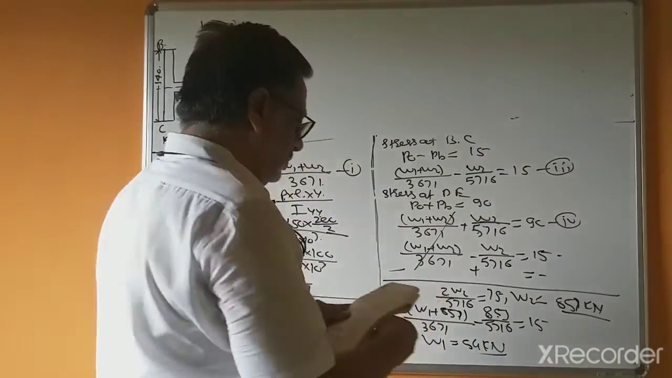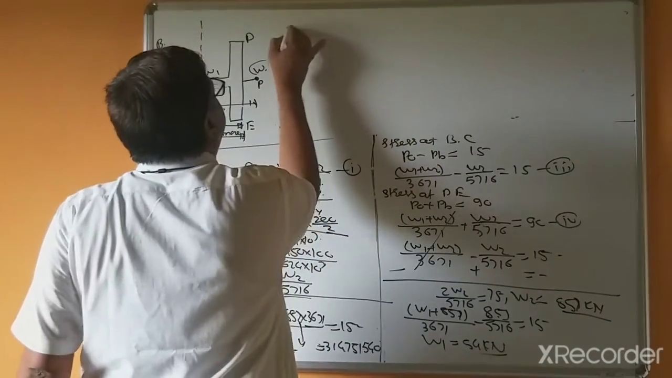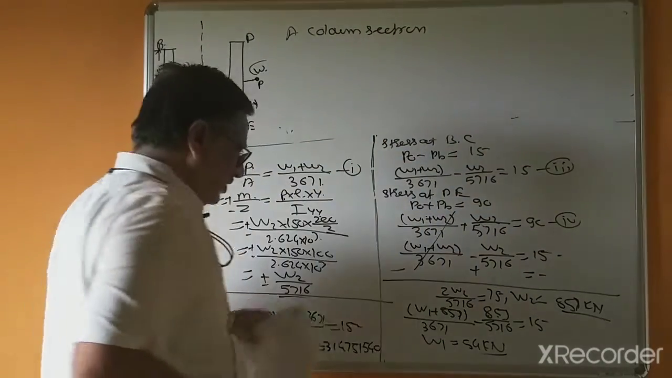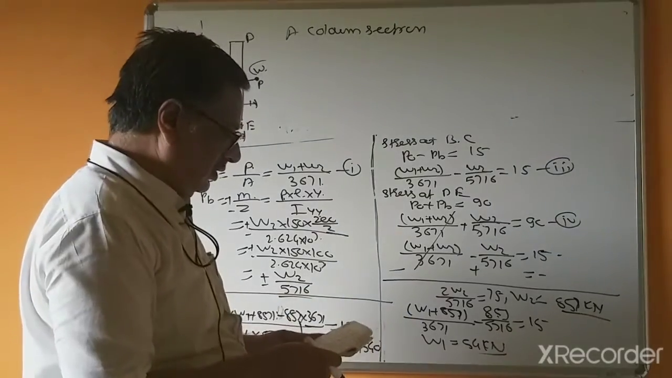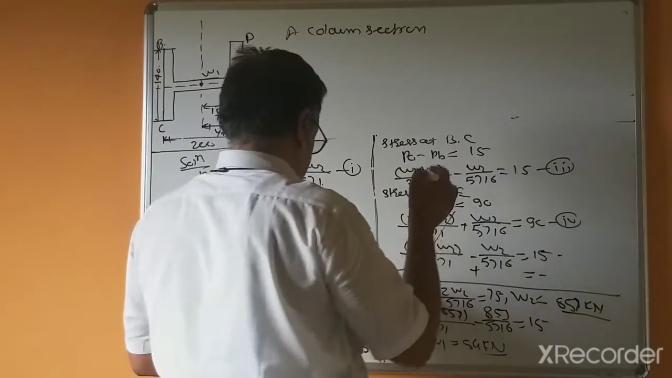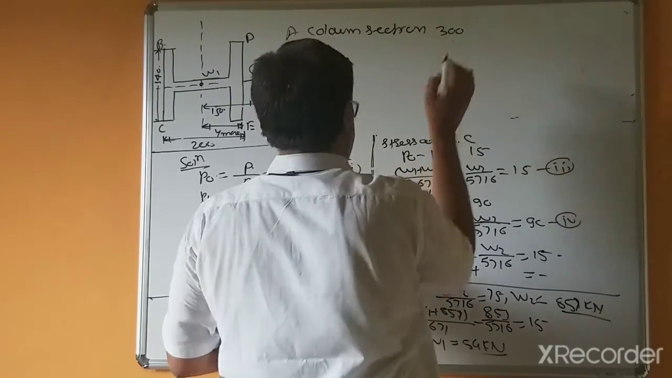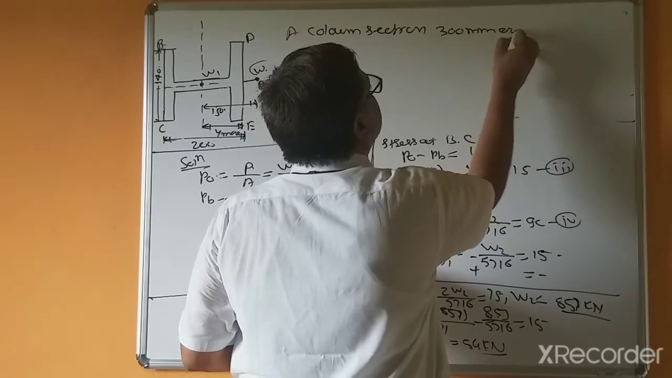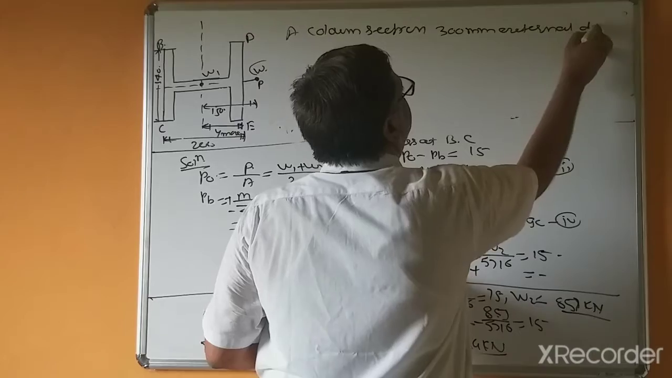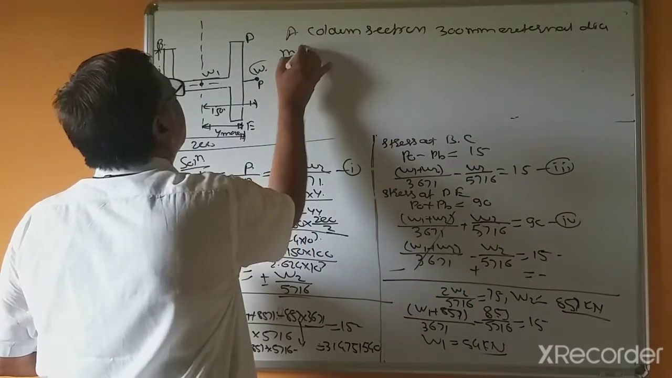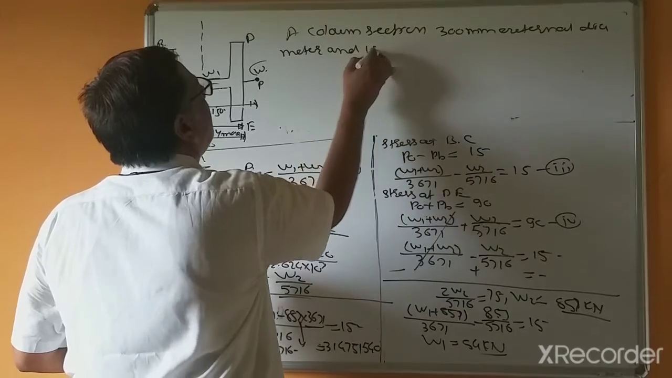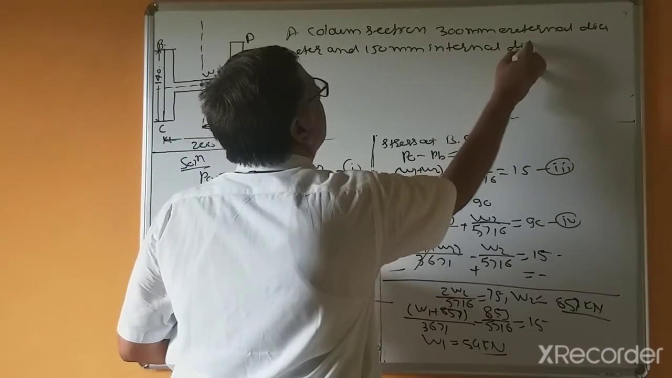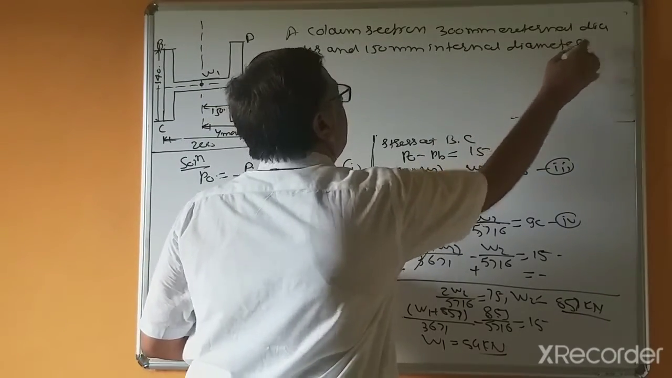This is the third problem. A column section. Please check whether the answer is correct or not. A column section, 300 mm, external diameter, and 150 mm internal diameter,